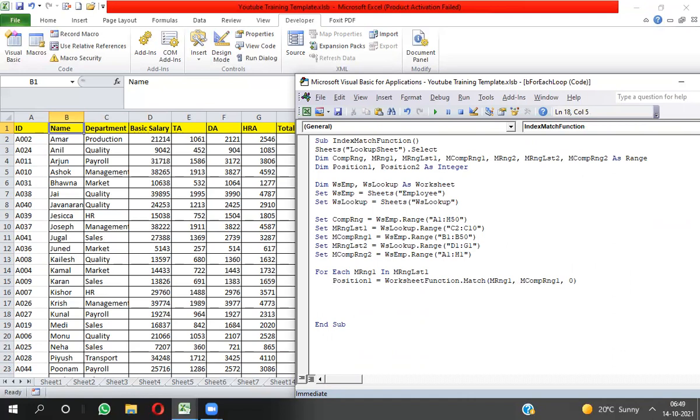Now I will apply another for each. Then here I have to use mrng2 as in mrng lst2. Next mrng2.